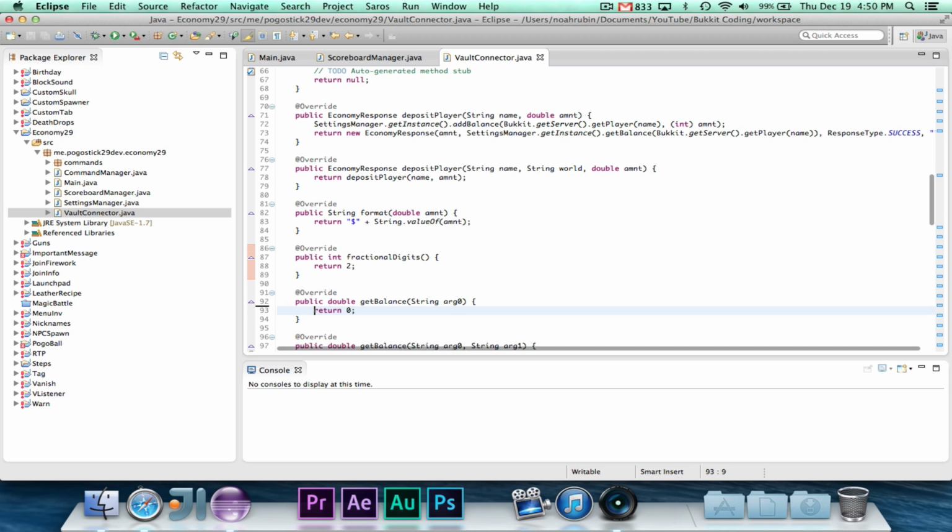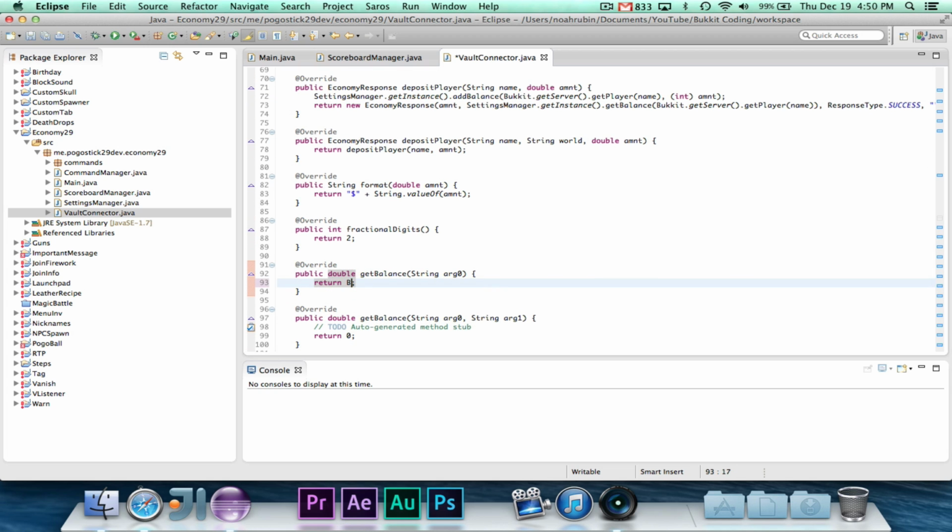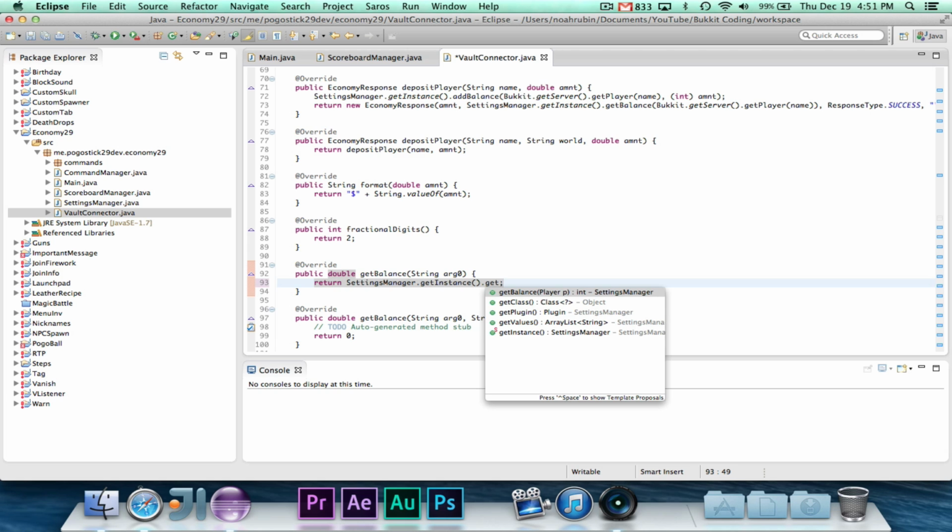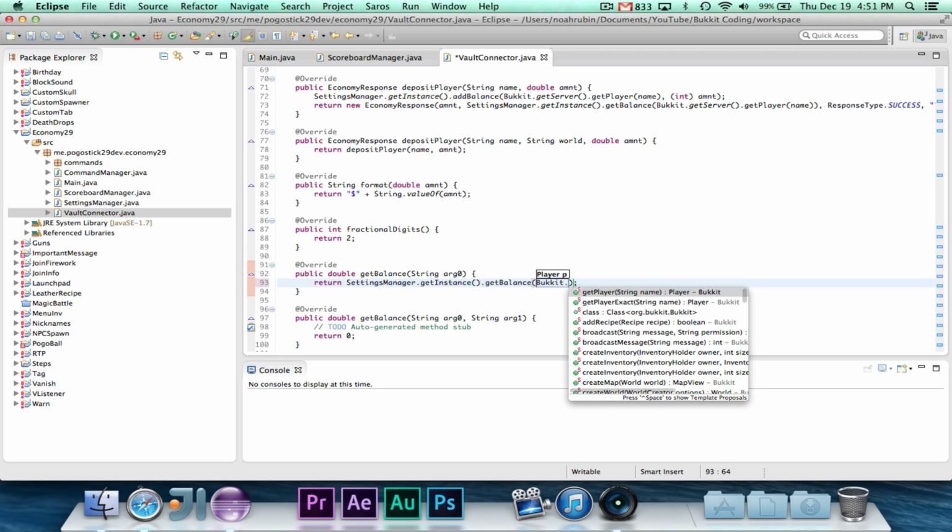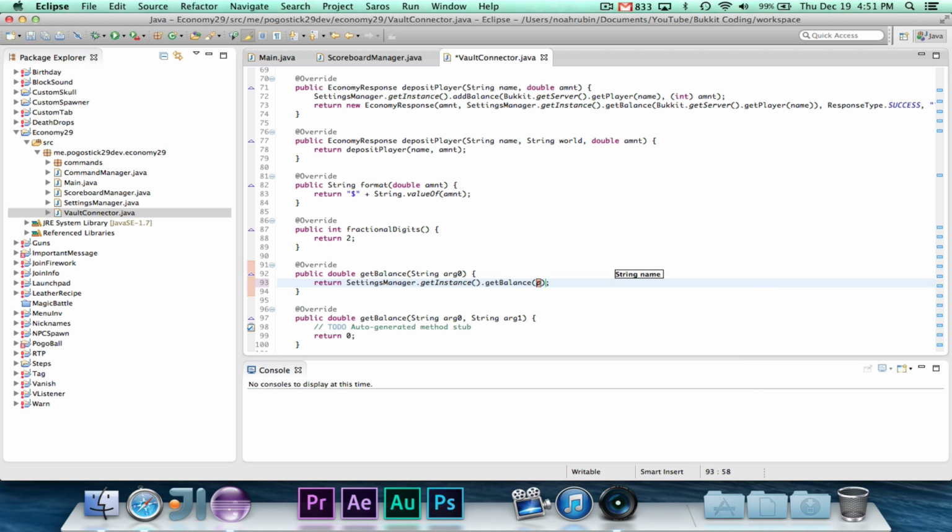Now here's our public double get balance. So we'll say return settings manager dot get instance dot get balance for bucket dot get server dot get player name.